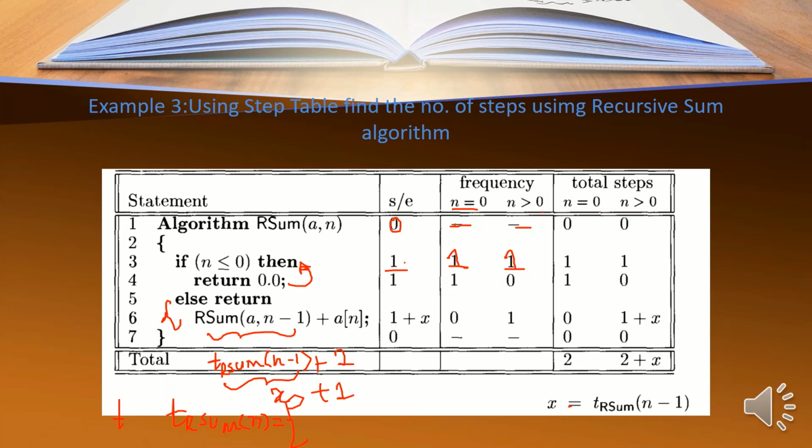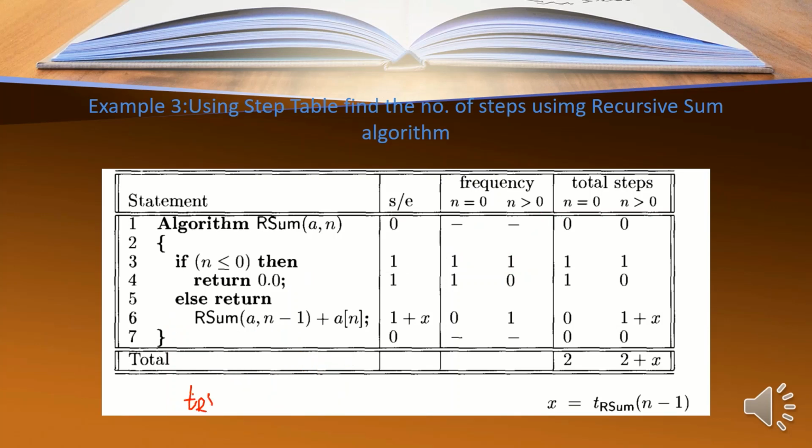So tr sum of n is 2 if n equal to 0, and for n greater than 0 it is 2 plus x. Instead of x I can write this, because x is equal to this, tr sum of n minus 1.